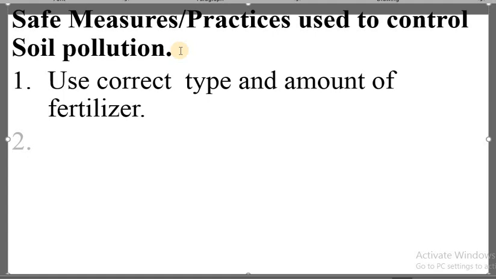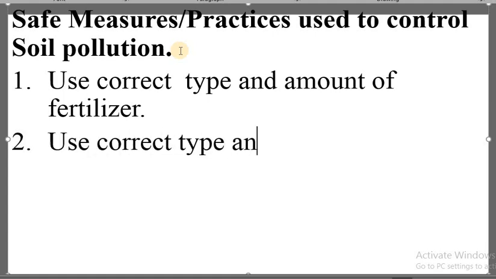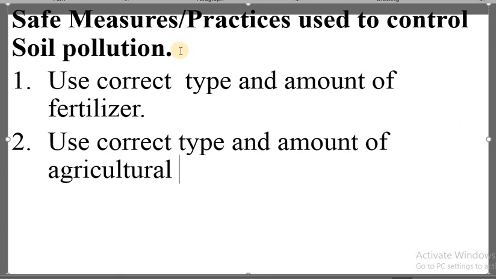The same thing applies to cause number 2, which was excessive use of agricultural chemicals, things like pesticides, things like herbicides. Now here that means farmers should do what? Farmers should use correct type and amount of agricultural chemicals,